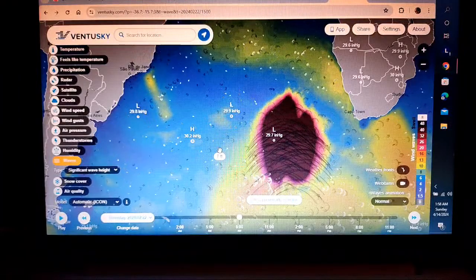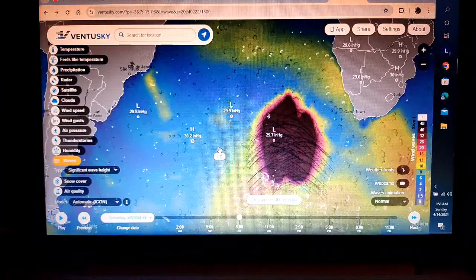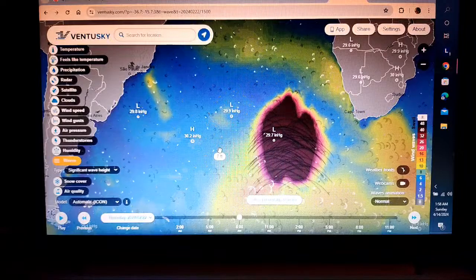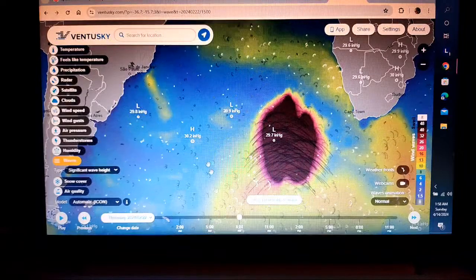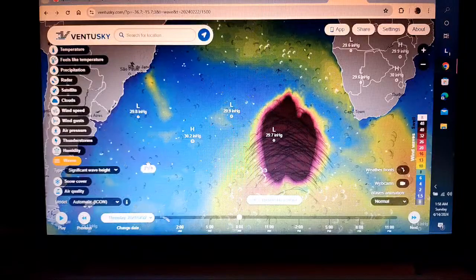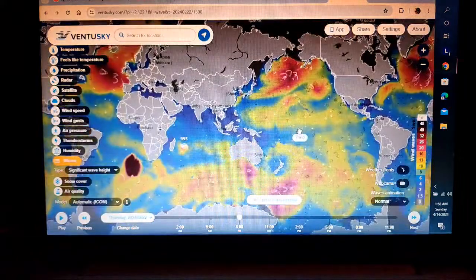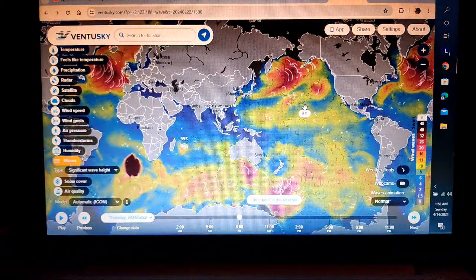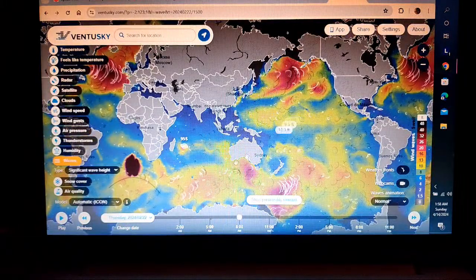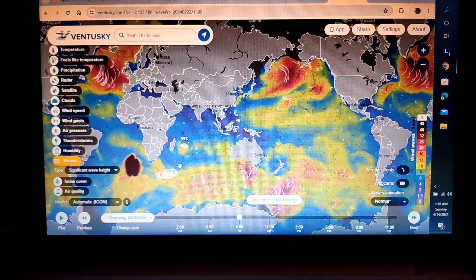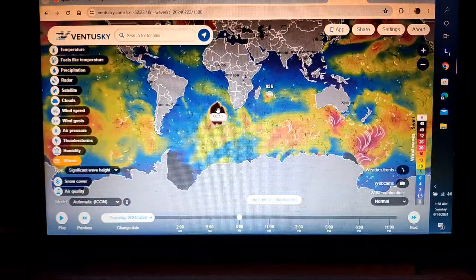I think it's 1,500 feet high, something like that. But we don't notice it because the planet's so big. A 1,500-foot rise out here in the middle of the Pacific Ocean, you don't notice it at all. So this little bubble right here was barely noticeable. The instrument detected it